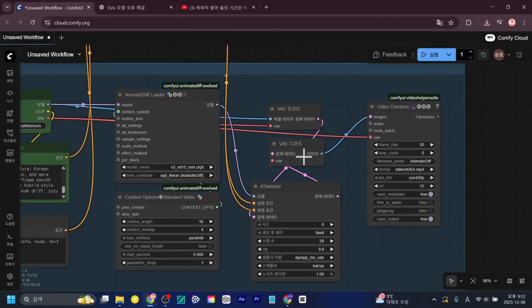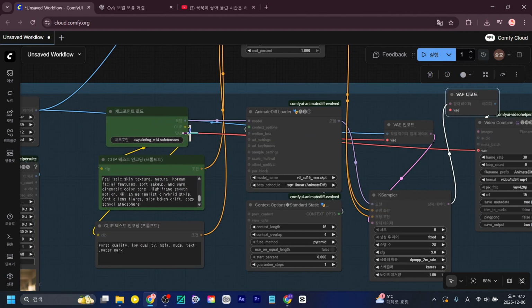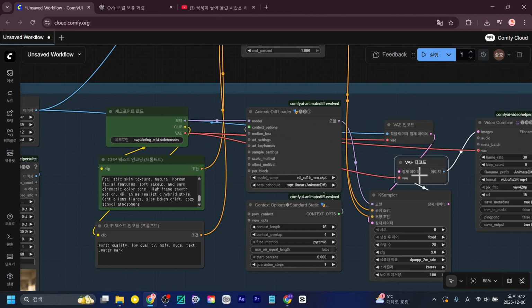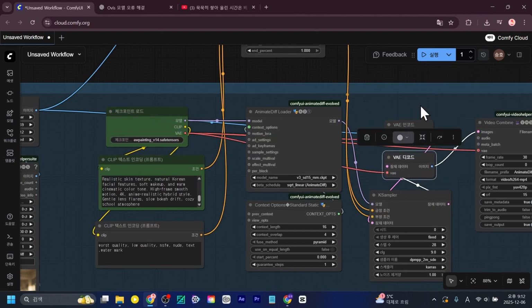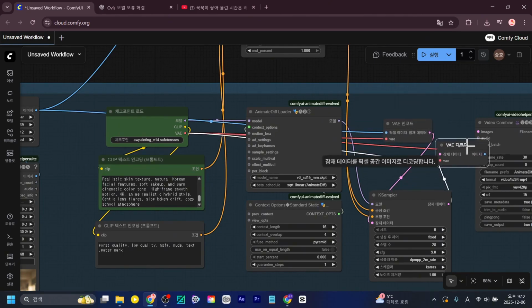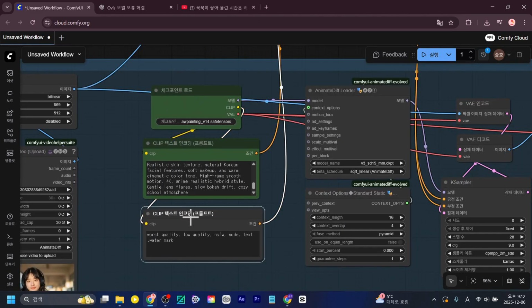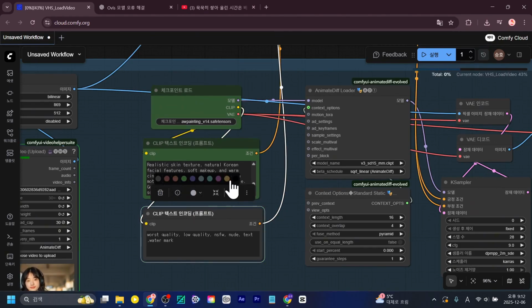If you carefully observe the display here, you'll notice that the VA isn't properly connected at all. It's not linked up as it should be, and this is causing the problem. We need to ensure it's connected correctly like this, and then we can proceed with the next steps to resolve the issue. It showed that VA wasn't connected, so I fixed that.